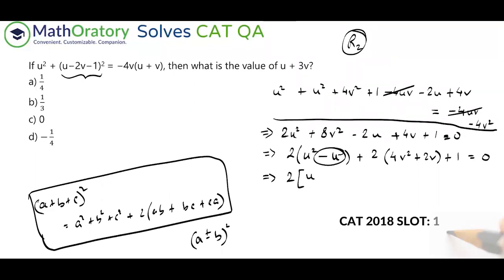So how would this behave? So you have u whole square, of course. Then you will have that 2ab term, right? It's in minus, so you'll have a minus something. But then what is that? 2 into u into how much should give us u? So 2 into u into half, right? If you do this, then only you get this u, isn't it?